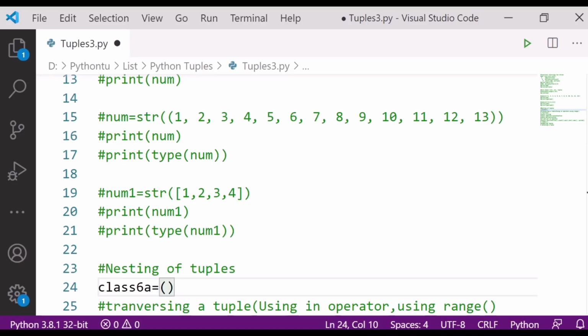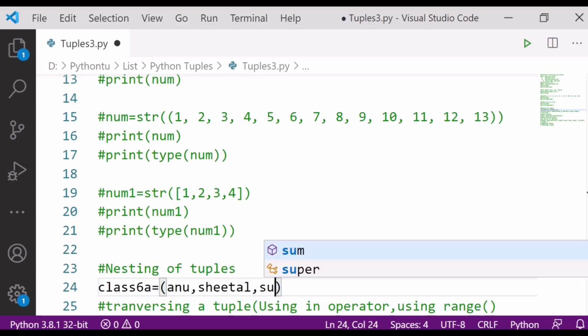I'll write here Anu, then Sheetal, Alka, and then after that a few names like Suman.